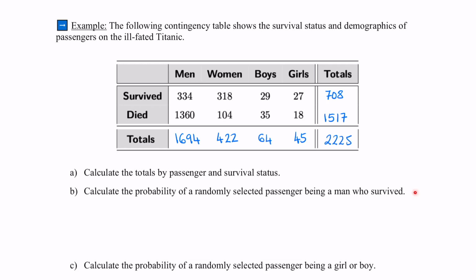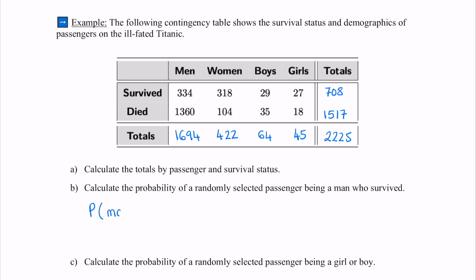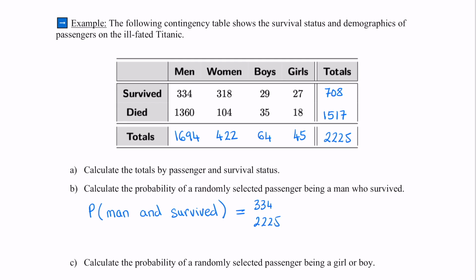Now, part B. Calculate the probability of a randomly selected passenger being a man who survived. To find this, we divide the number of men who survived by the total number of passengers. There are 334 men who survived, and 2,225 total passengers. We'll take 334 divided by 2,225. Which is about